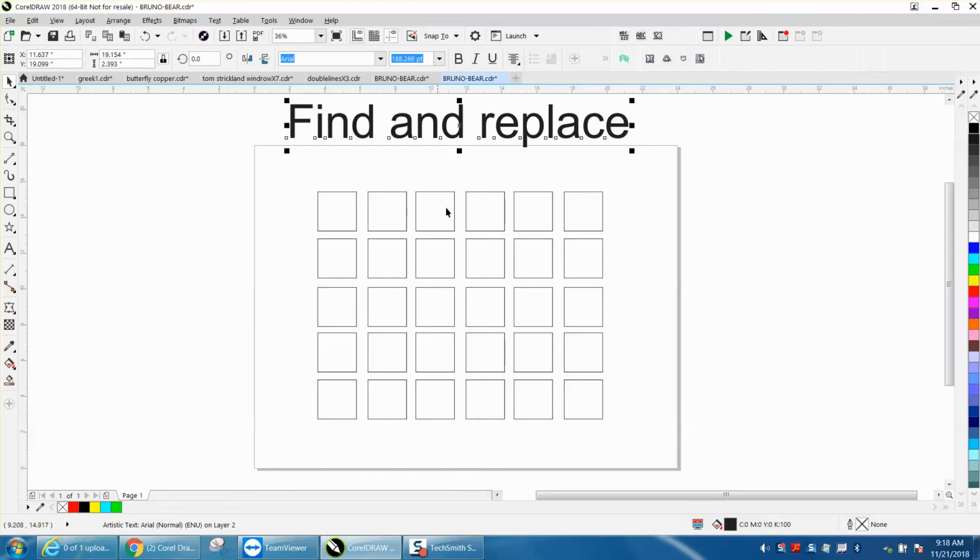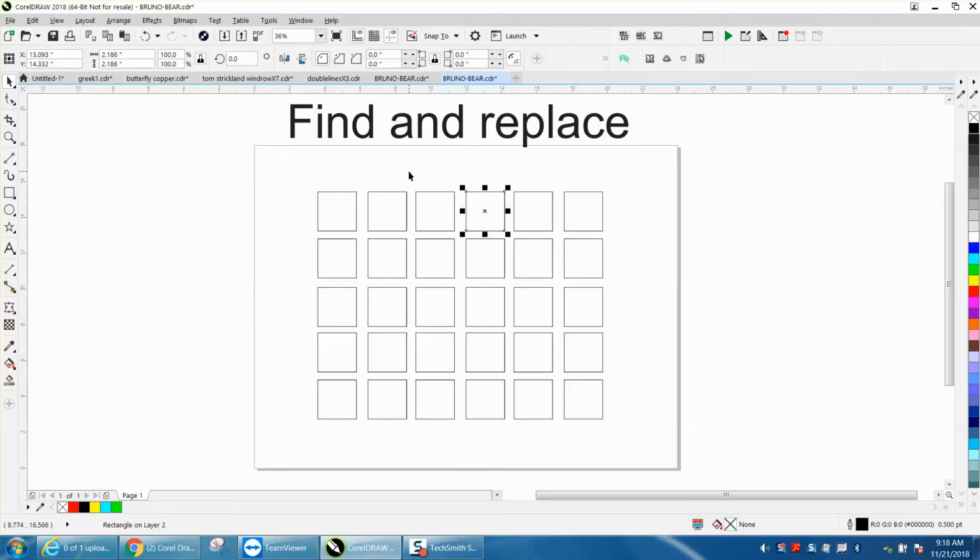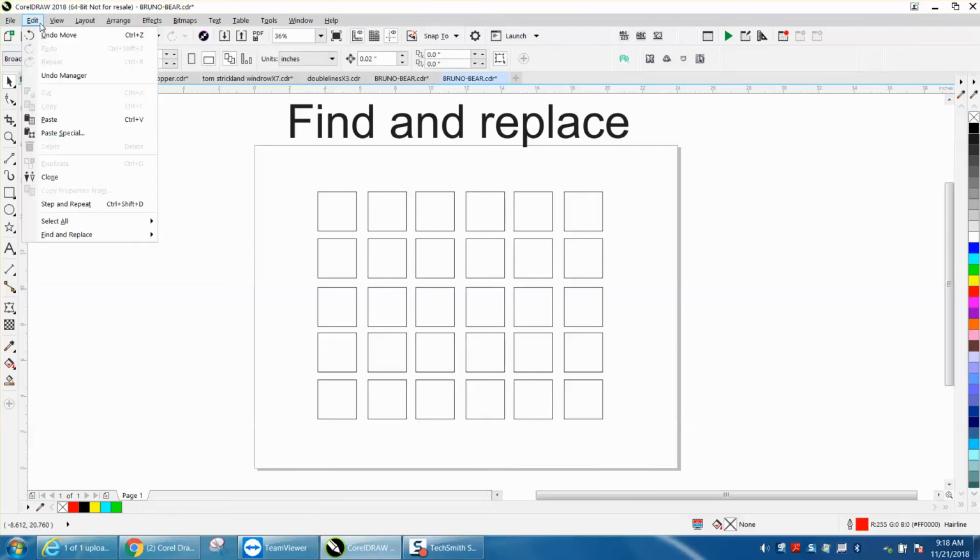So I've got these 30 squares, and the center ones, all these are half a point, and all the ones on the outside are just a hairline. I want to select, and you wouldn't do this because you could just select it like that, but if these were all over the page and where you couldn't select them all, go up to Edit, Find and Replace, Replace